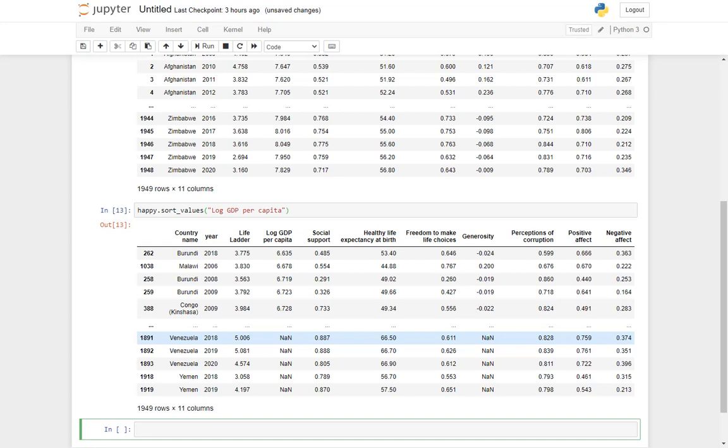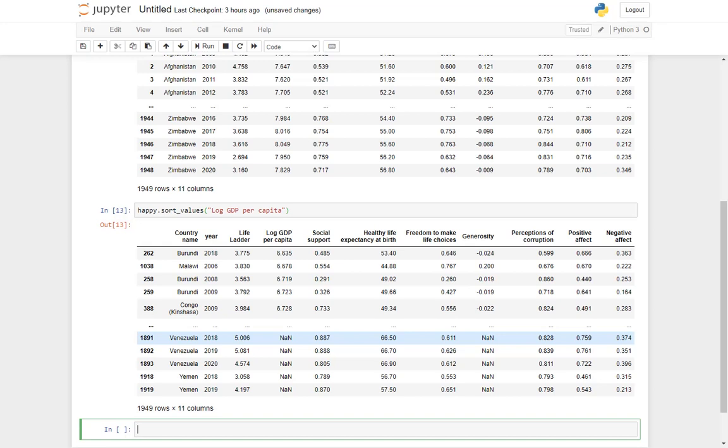When you apply any function or operator on any row or column which has NaN, sometimes it will give you errors. In this particular case, in sort values, all those rows having NaN under log GDP per capita will be placed at the end. Rest all of them, jinka bhi hai value, those will be arranged in ascending order.